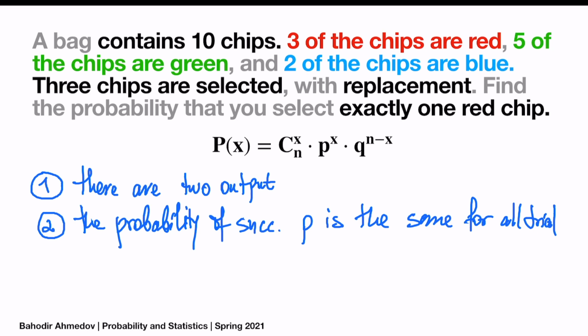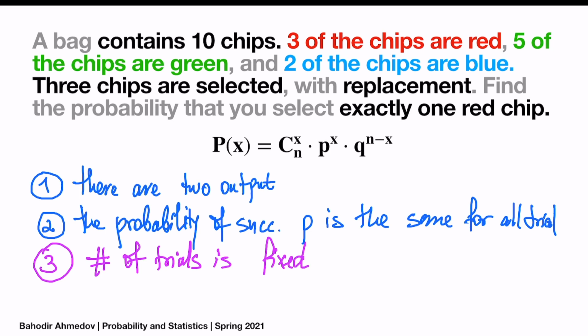And the third requirement is the number of trials, and the number of trials is fixed. Okay, so we can make this experiment many times, but our experiment is always choosing balls 3 times. We choose the 3 balls, then this is going to be our experiment. Okay, so the number of trials is fixed. Then, since all of the 3 requirements are fulfilled for this example, we can calculate the probability using the